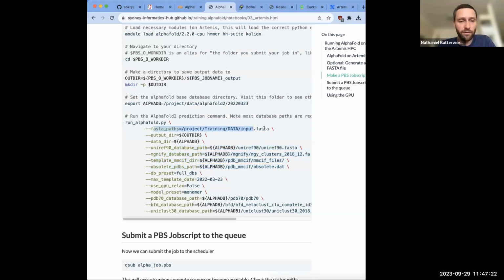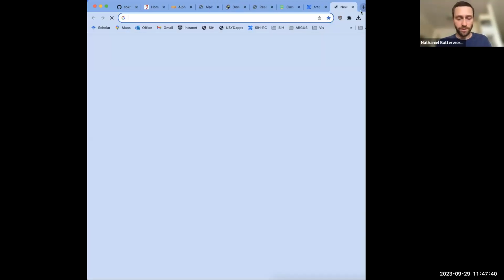The key one is your input FASTA. So you can specify that. And then you set your output directory. Then yeah, database. And then there's a few options here that you can now change. Now all these, the full list of options